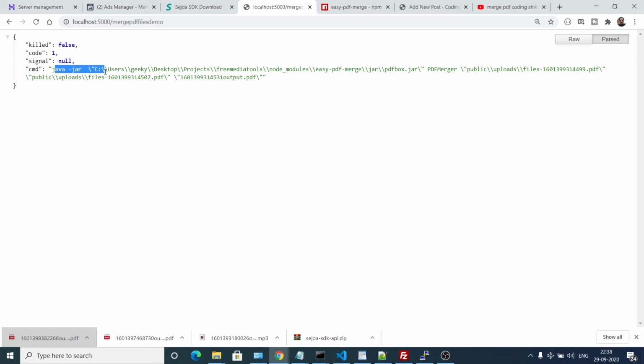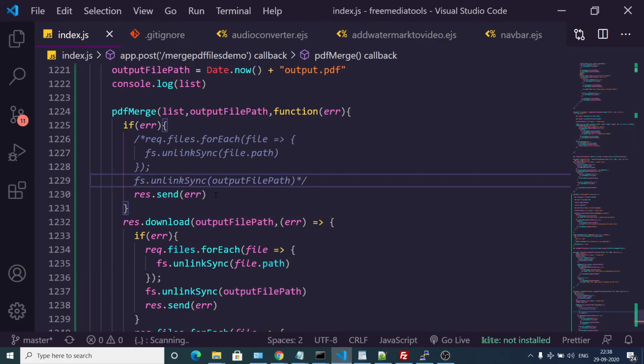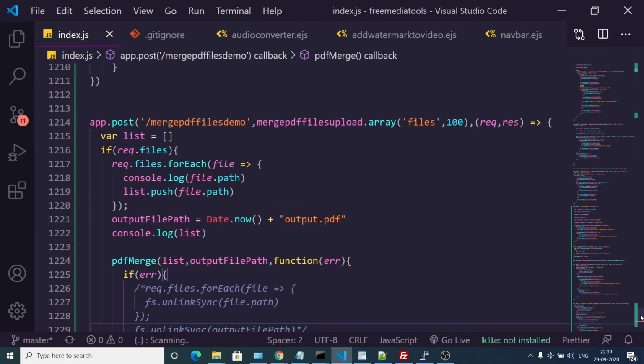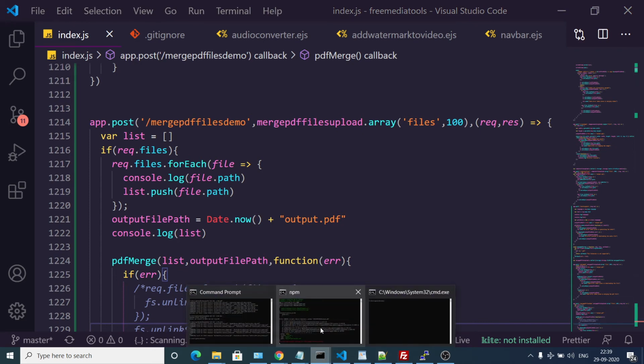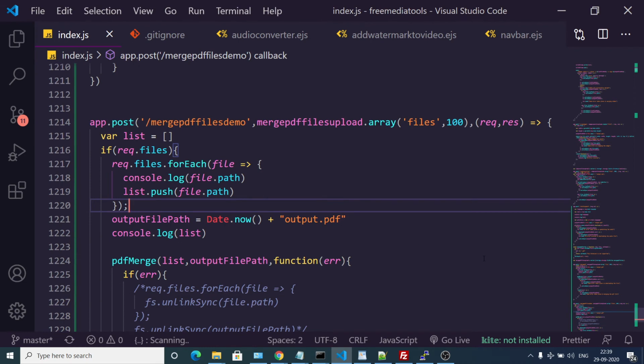It is saying to us command java jar. I think some error has taken place, so just wait. Let me just look at the error. Output files. You can see in the console the files are uploading here. Inside this you can see no such file or directory unlink.